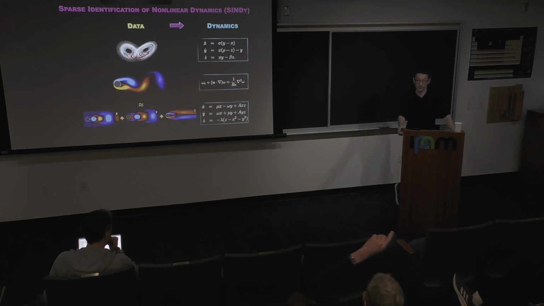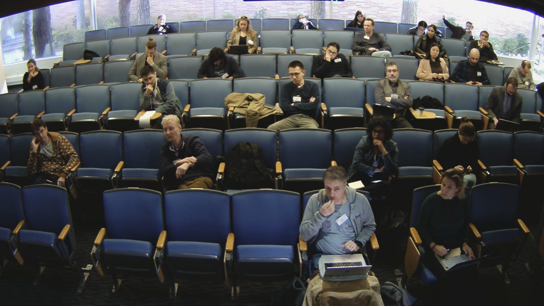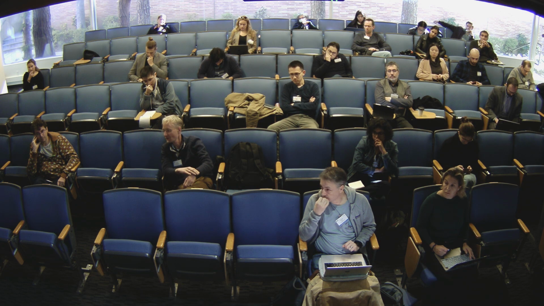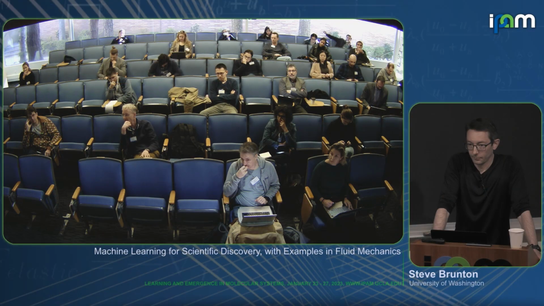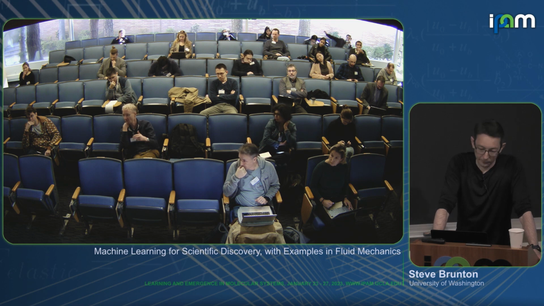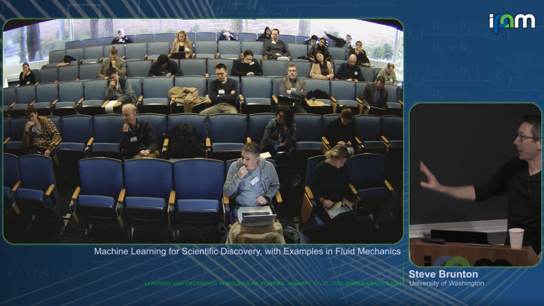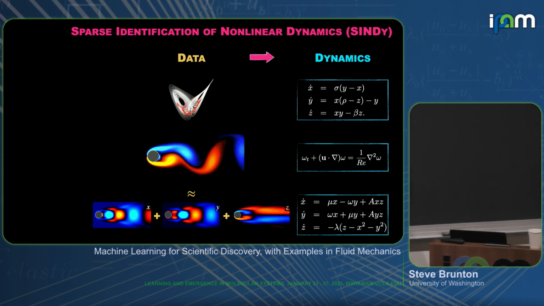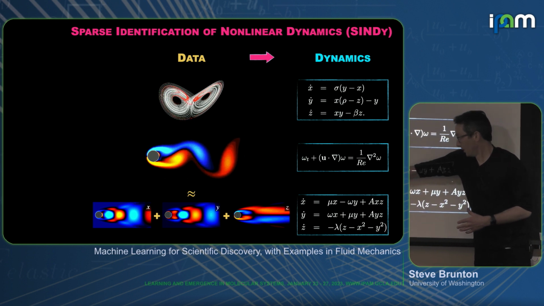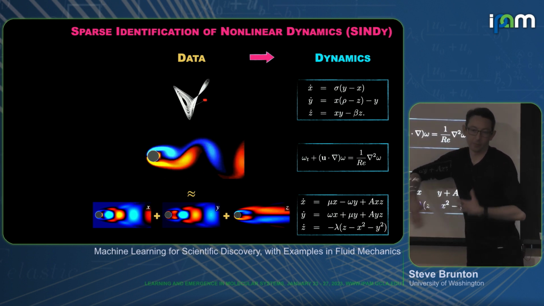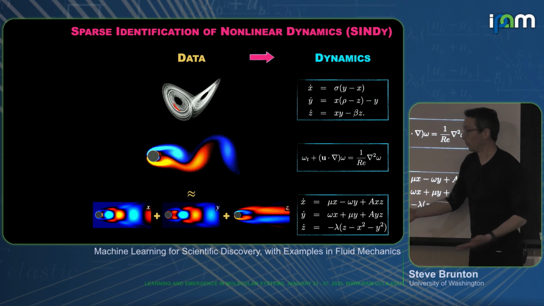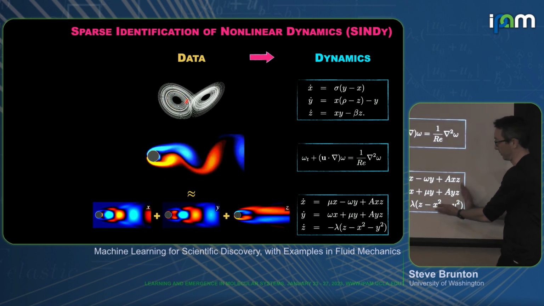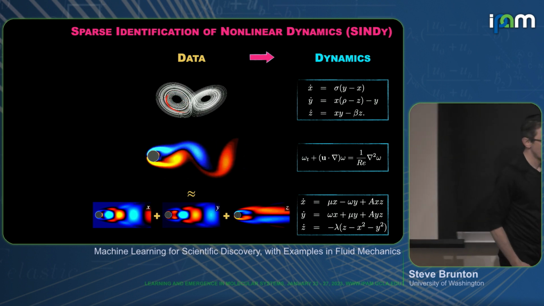Good question. Yes? So you're using linear embeddings in some sense. Why not use a nonlinear embedding and then evolve your coefficients in that nonlinear space, like some kind of VAE instead of PCA? Yeah, absolutely. I'm not going to have time to get to that part, but we absolutely have done that. So we always started with low dimensional linear embeddings because that's what we do in fluids and it works really well for lots and lots of systems and we get nice quadratic polynomial systems.